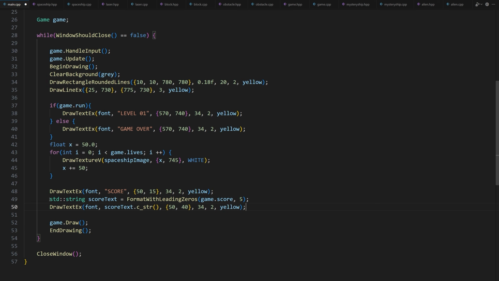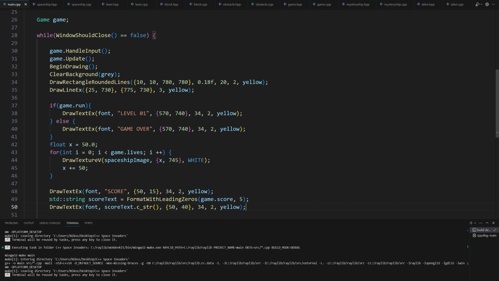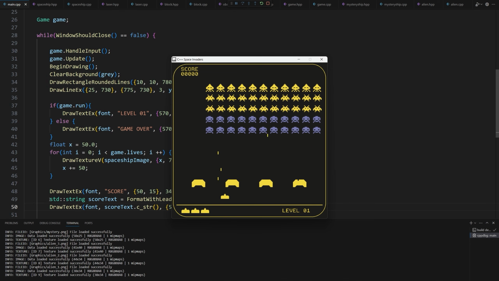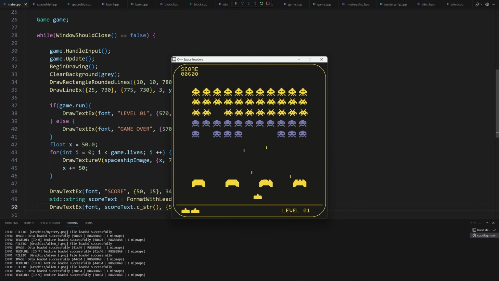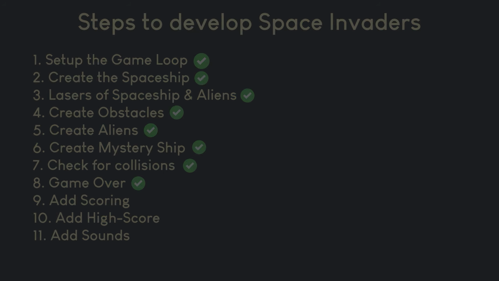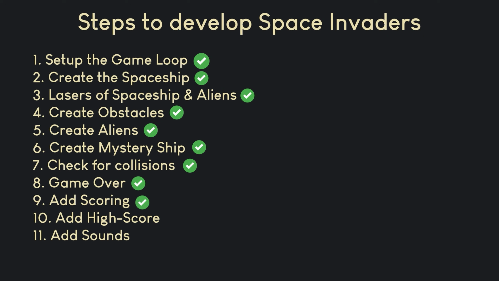The drawTextEx function expects a C string here, so we can use the c_str method to convert it at once. Perfect. Let's run the game one more time. Amazing. The score is now displayed with leading zeros and it looks so cool. Another step is now complete. That was easy, wasn't it? Let's move on to the next step.